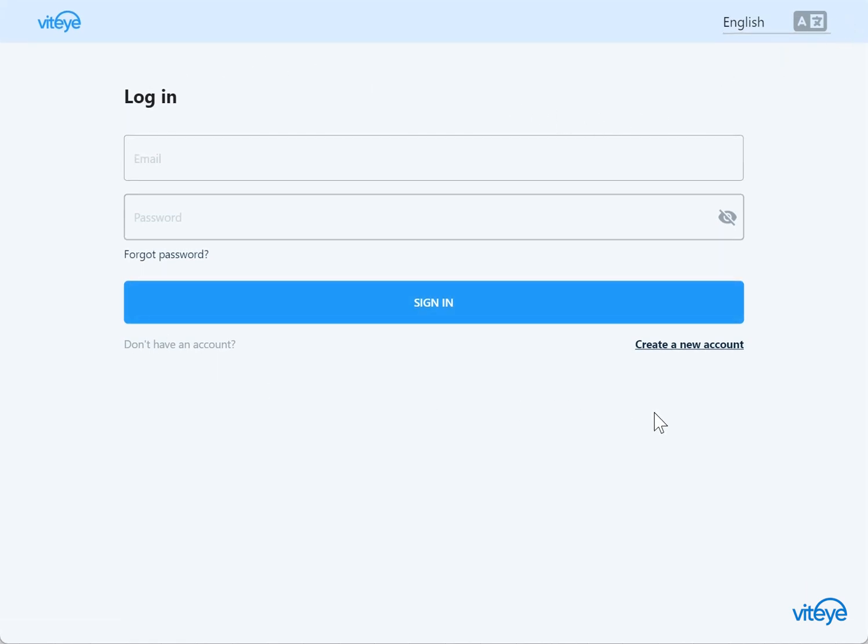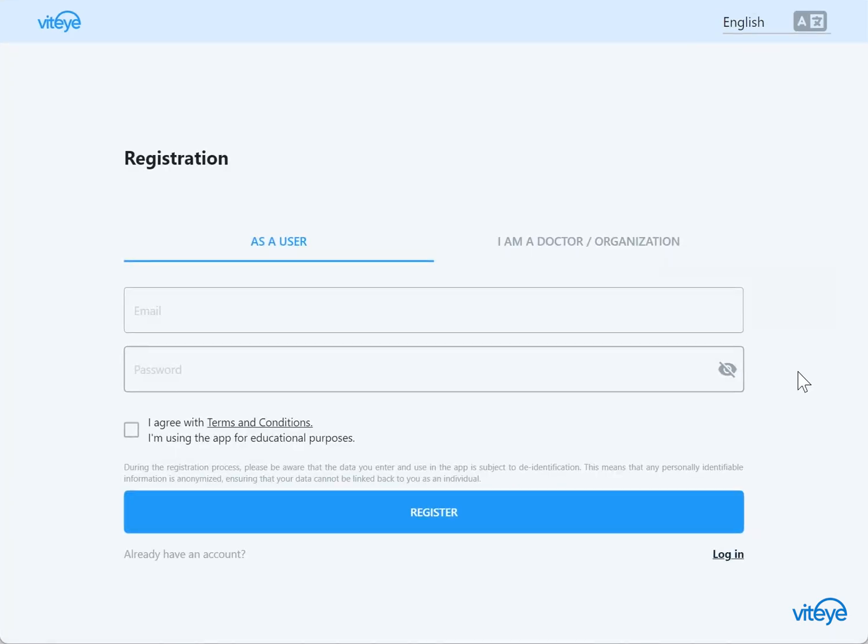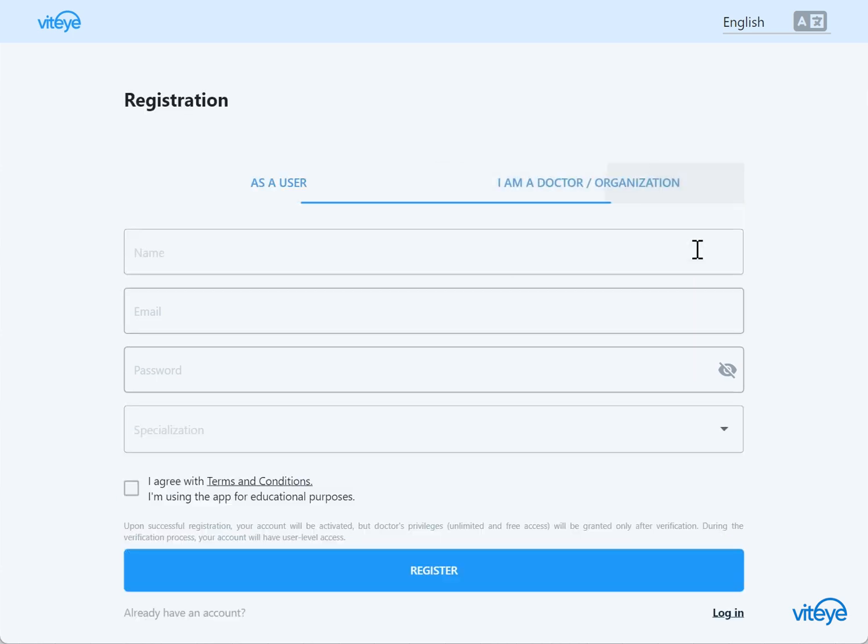Here, you can choose your preferred language: English, Spanish, Ukrainian, or Russian. If you don't have an account, click on Create an Account and proceed with the registration process. During registration, you'll have the option to sign up as either a regular user or a specialist, doctor, or create an organization. For this demo, we'll register as a doctor to showcase the interface from basic functions to advanced features